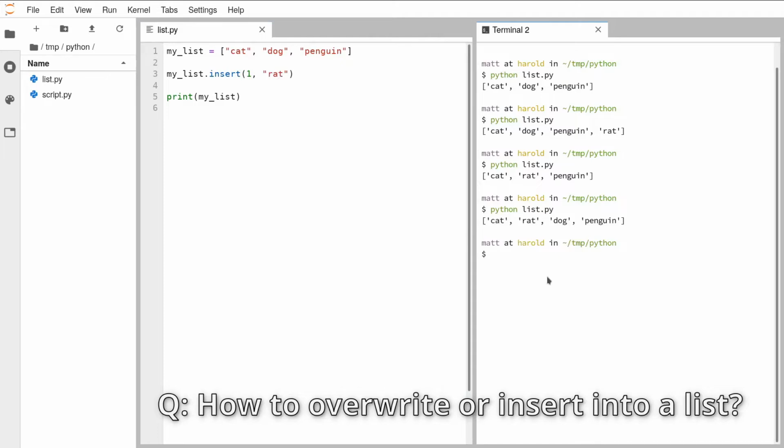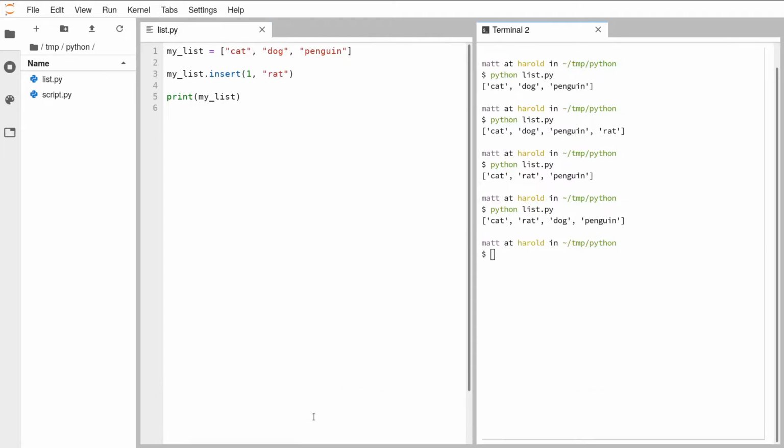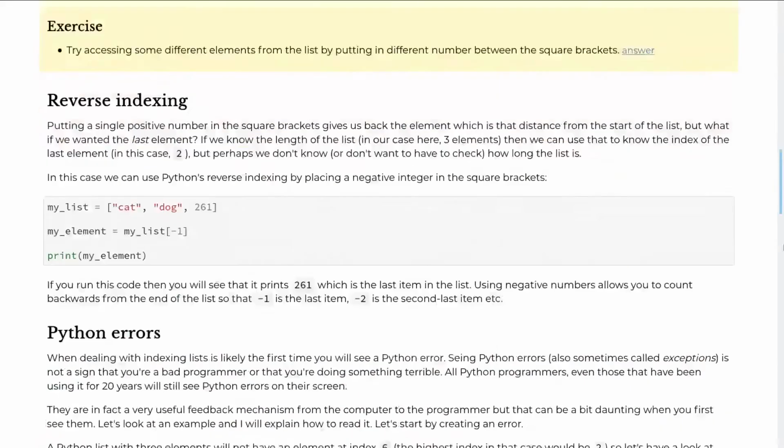Hopefully one of those 2 things is what you are asking about, Emma. So hopefully everyone's okay with lists. We can loop over them, we can grab items out, we can change things to do with them by appending to the end, and as we saw there, overwriting or inserting. So after the list section,